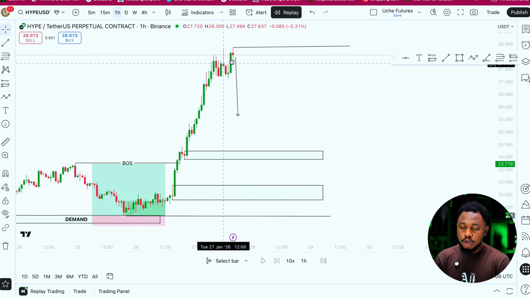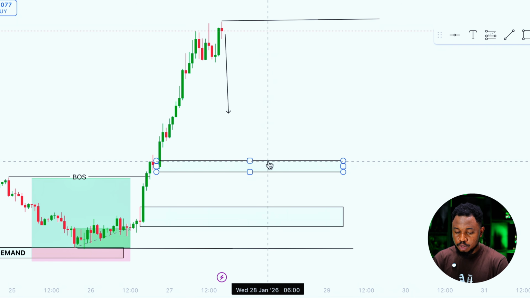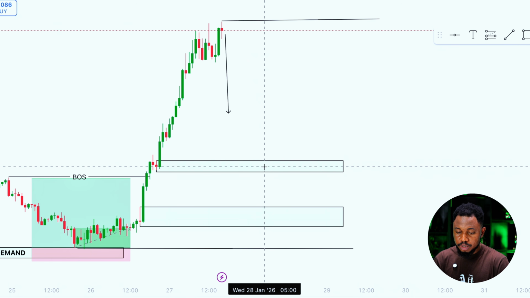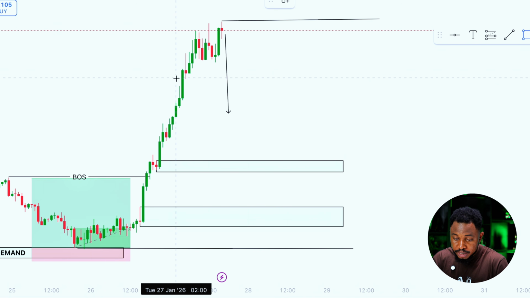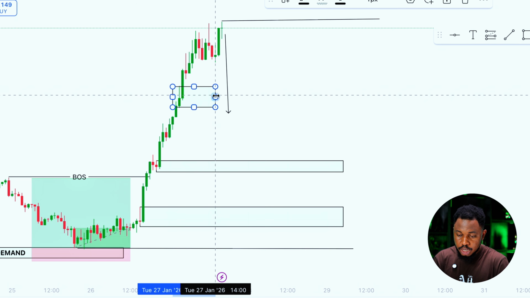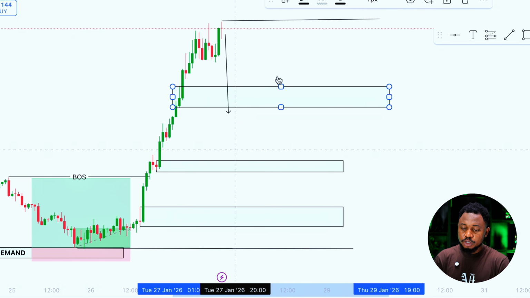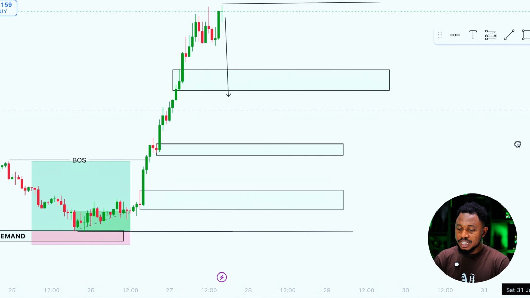Like I told you, if you want to use this to enter the trade, you can basically use a confirmation entry, and if you get that, that's fine. But I can also see more areas there, because there's an inefficiency here. So this here is still a potential area for demand. So it all depends. But for me, I'm going to go with the lower ones here, and that's because